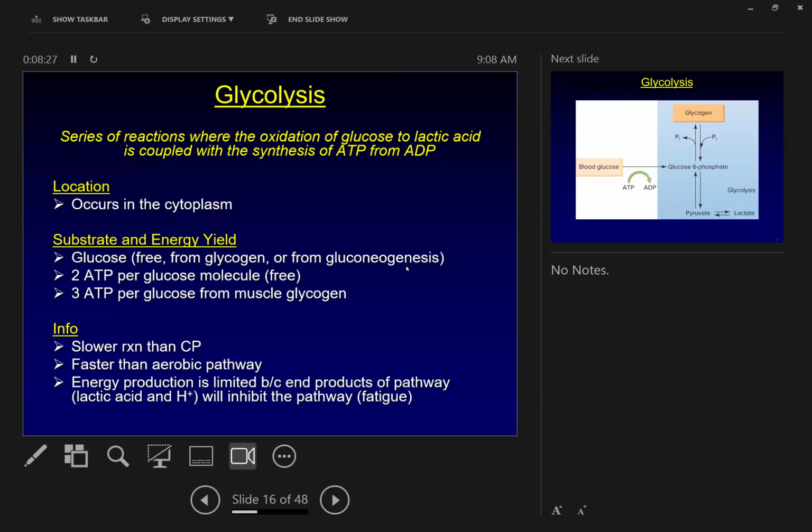It's faster than the aerobic pathways, primarily because there are fewer steps, and we sometimes have to run this to get substrate to go into the aerobic pathways. So it's slower, but we get what's called end product inhibition. We make hydrogen from lactic acid and it inhibits things. That's where we are. So the next slide